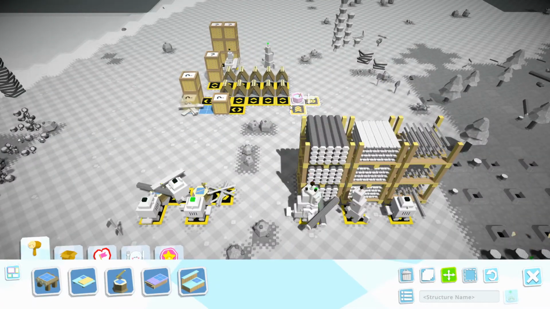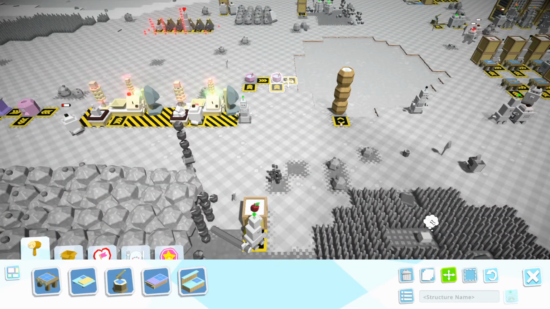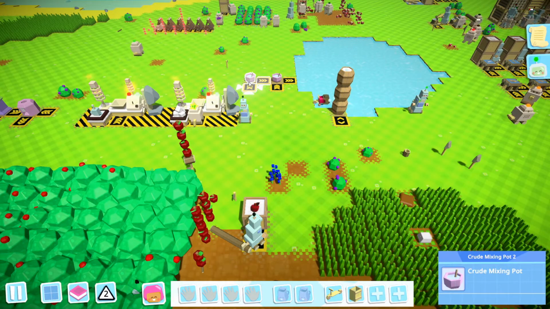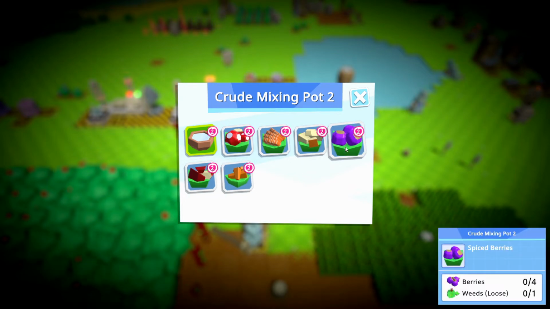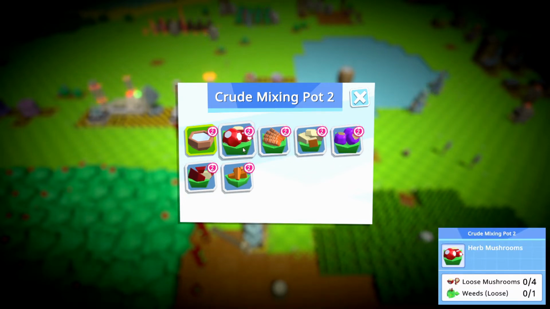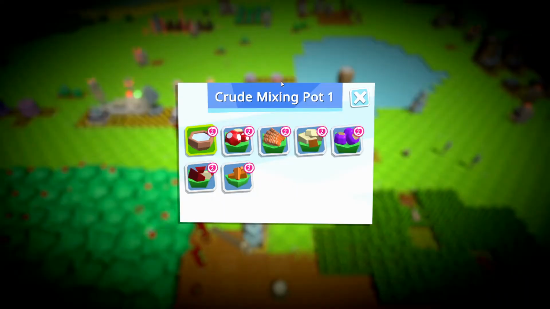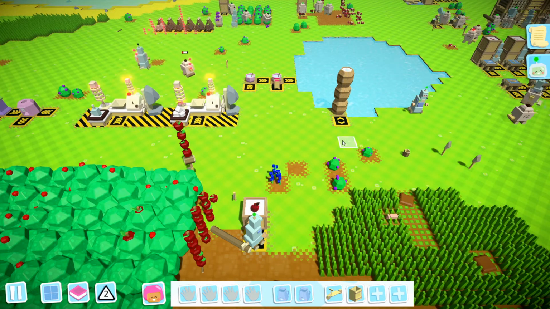And I have a second one, so we can do... I think the food that it does now, though, is just mushroom, sashimi, apples, carrots, berries. So I think what we'll do... Oh, okay, I think I'm going to move my weed stuff. So this one here is going to be mushrooms. This one is going to be berries. And I think